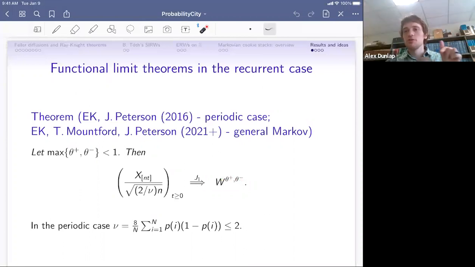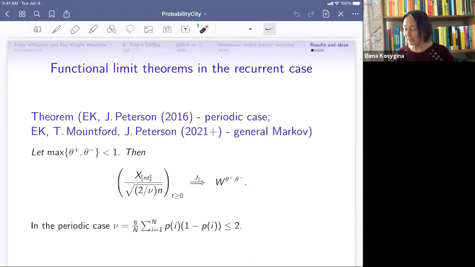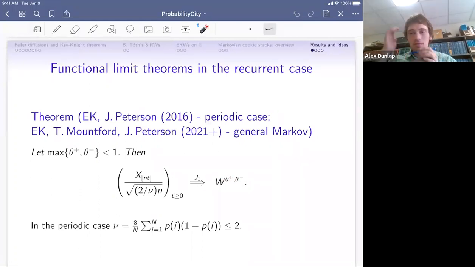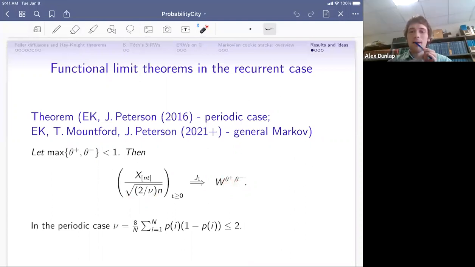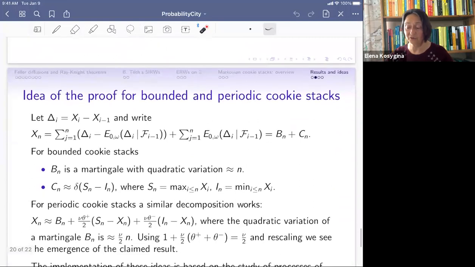But maybe there is some distribution you could start them with? Absolutely, you are absolutely right. I'm about to say that yes, but we don't use it. Yes, there is an invariant measure from the point of view of the particle, and it's a product measure. And if you start with that product measure, which is not identically distributed, you will converge to Brownian motions, both theta plus and theta minus are 0. Yeah. Okay, thanks. There is such a thing, but if I get there, I'm planning to get there actually,